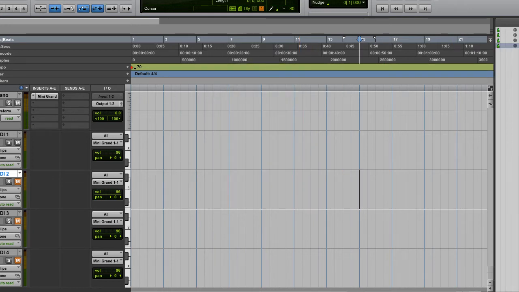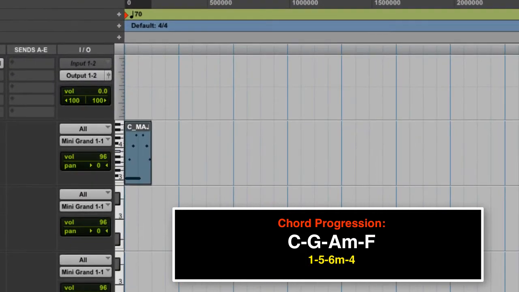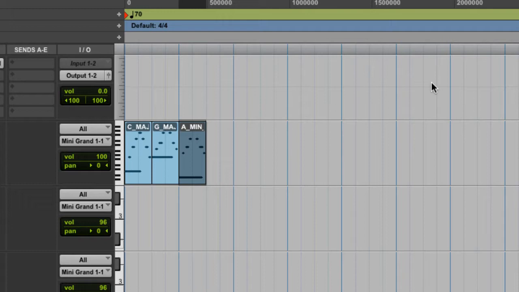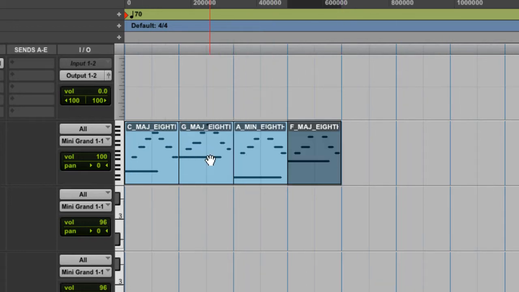The first chord I'll grab and drag on my timeline is C major. I'm going to build a C to G, A minor to F progression. I'll drag in the G chord. Next, A minor and F major. For the purpose of keeping this demo short, I'll leave this as a 4-bar progression. I'll use this section as the intro, but before I go into the verse section, I want to add a